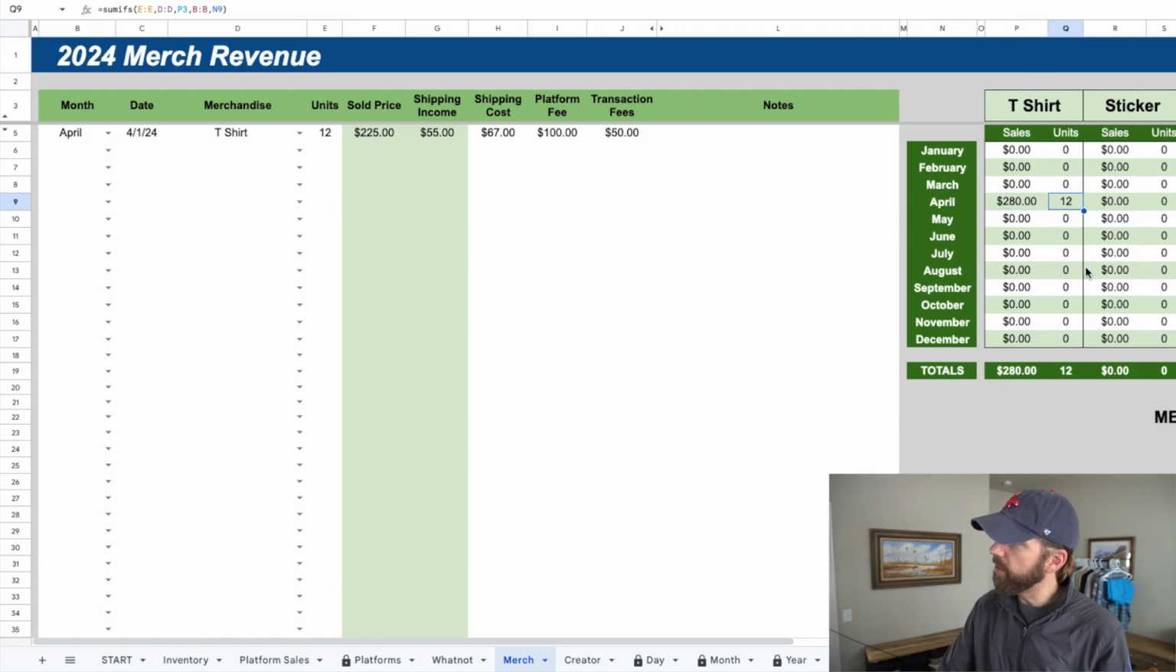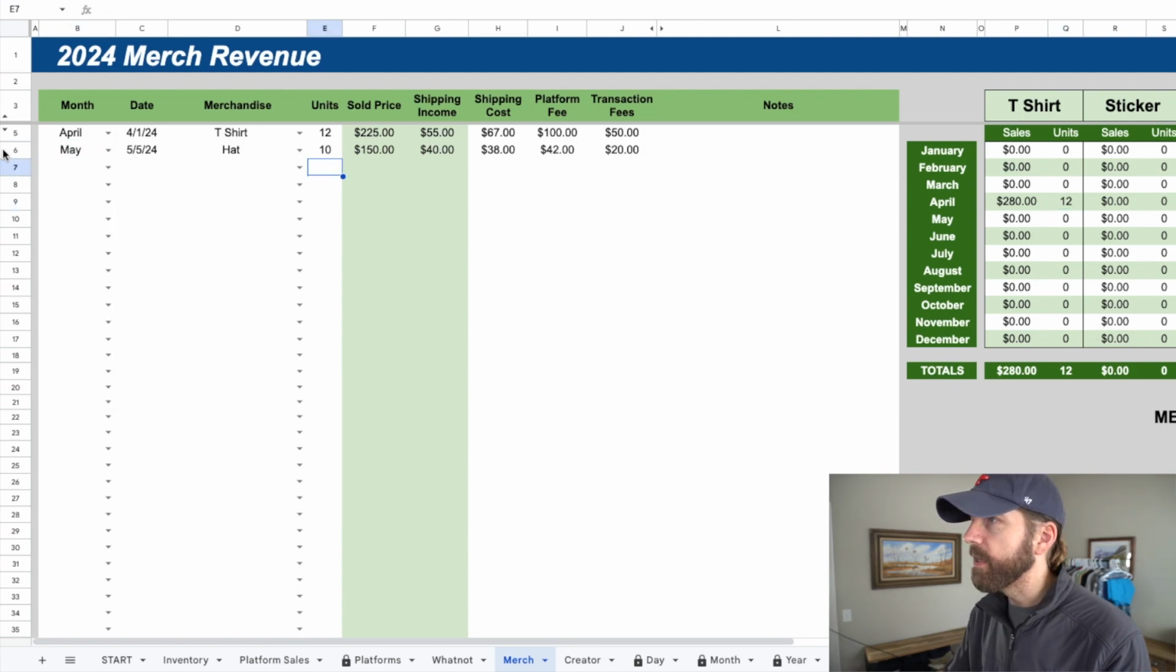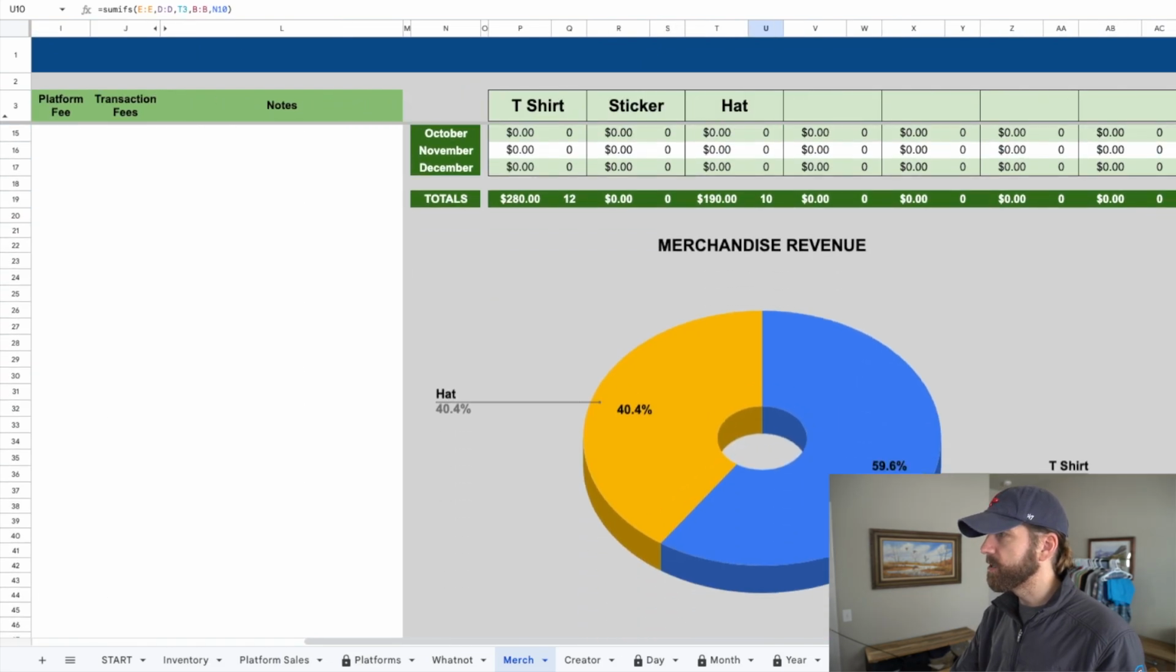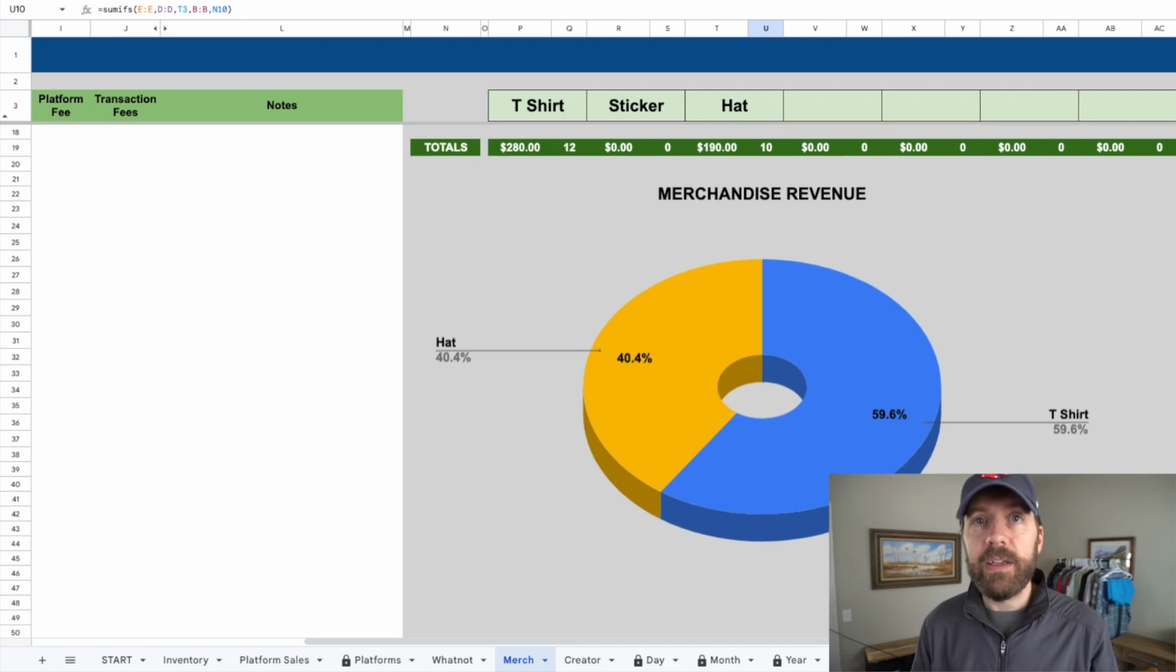And you can compare here your different merch categories and how well they're bringing in revenue for you. Let's go ahead and log another one real quick. Okay, so we logged another round of revenue on the hats. Now when we scroll over, you'll notice this chart will show you the percentage of sales that each merchandise category is doing on the year. So t-shirts are accounting for almost 60% of the business when it comes to your total